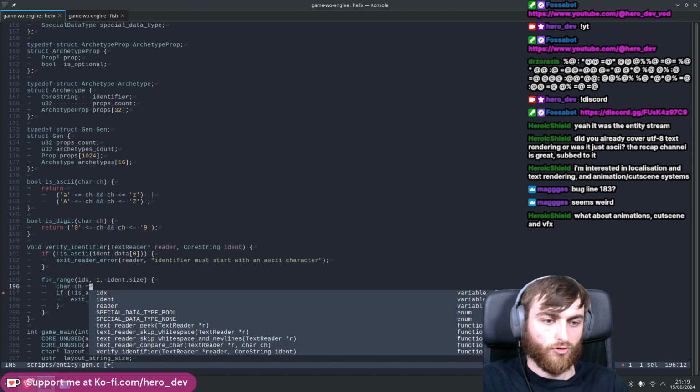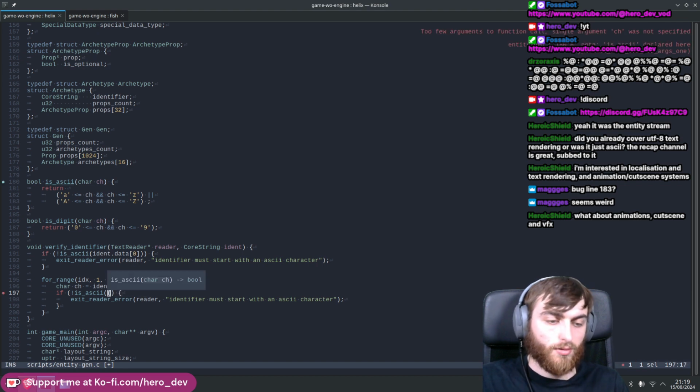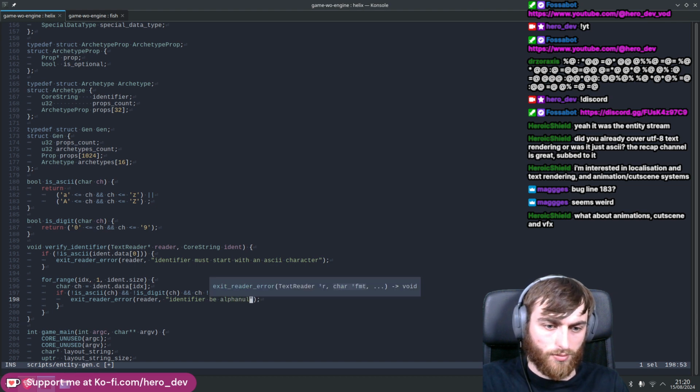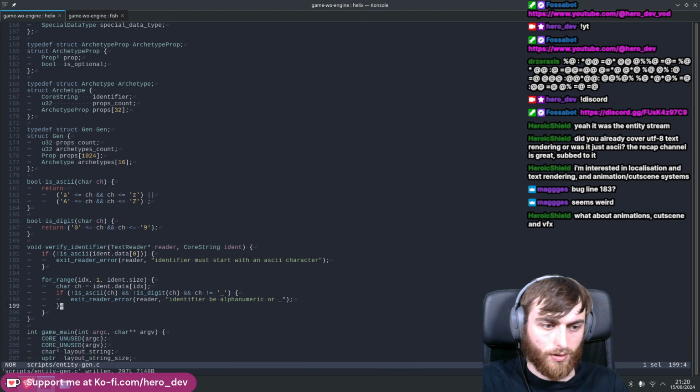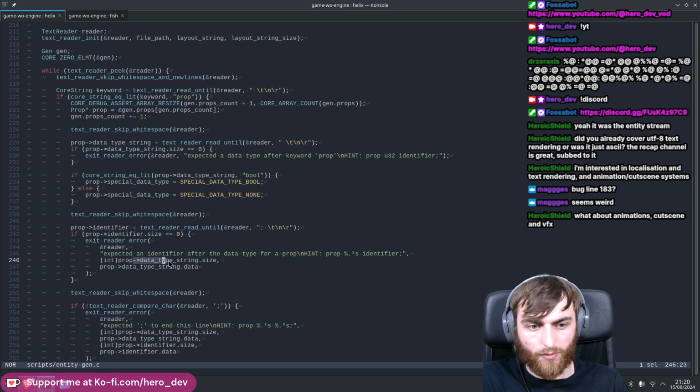This time it'll be char ident data index. If not ASCII and not is char digit, and char not equal to underscore: identifier must be alphanumeric or underscore. Sweet, so that means we can have nice error messages that take in some of the data that you've already provided, like the data type, and provide a hint. So this means we should be able to say